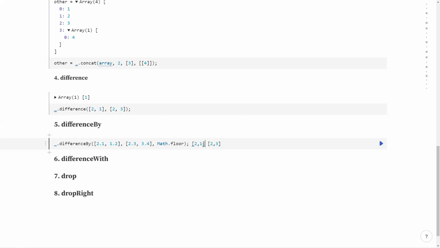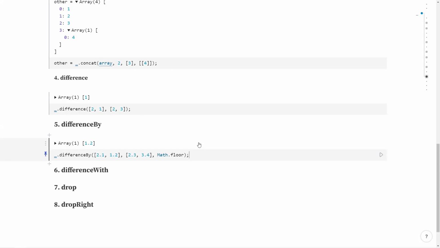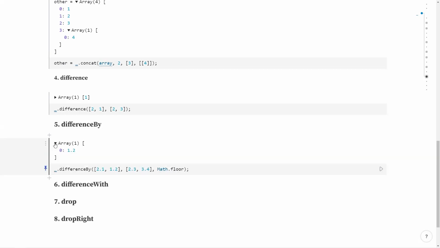So you have 2, 1 here. Now we need to exclude the values 2 and 3. As only 2 is there, we should expect 1 value there. But in the original array, the value was 1.2. So we should expect 1.2 here. This is the operation that will be performed on each element before taking the difference.